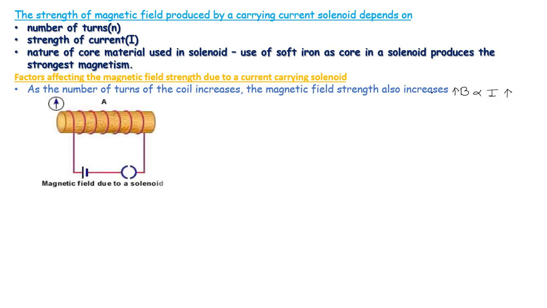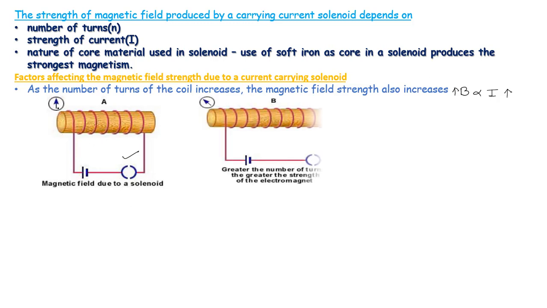With the help of this figure, you can see initially there is no current. The key is open, so the magnetic field is not there and the needle is not deflected. But when the key is pressed, the current will pass through it and there will be deflection. So it is clear that when there was no current, there was no magnetic field. Now current is there, meaning the current has increased from 0 to I, so there is a deflection in the compass needle.